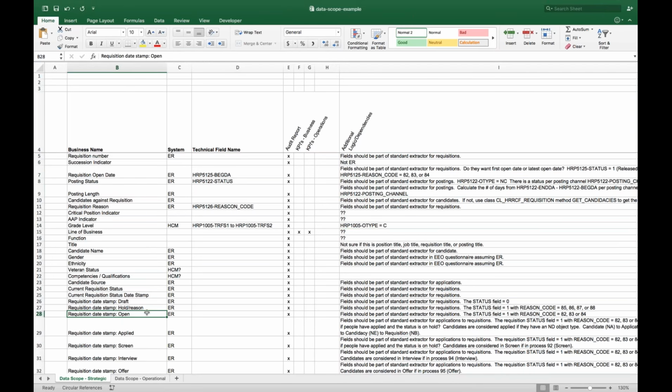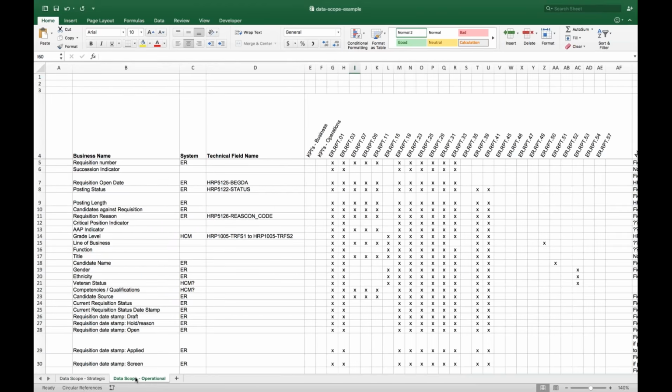Well, there's also operational dashboards, and the great thing about operational dashboards is you have a ton more information that you're able to walk into the executive's office with, right? Because operational dashboards are usually defined by there are a number of reports that already exist out in the organization that are being rolled up into a dashboard, right? So it's not a tops-down approach, it's really a bottoms-up approach.